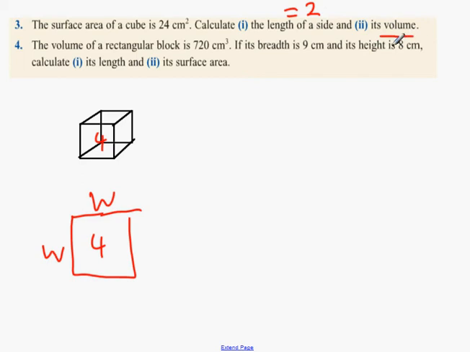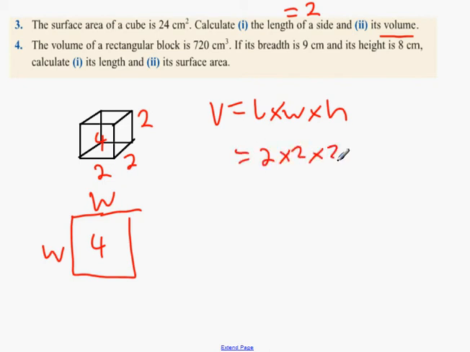How do you get the volume of a cube? Volume equals length by width by height, which is going to be 2 by 2 by 2. And I'm not adding them. Multiplying. 8 centimeters cubed. Okay, 2 by 2 by 2. Now,